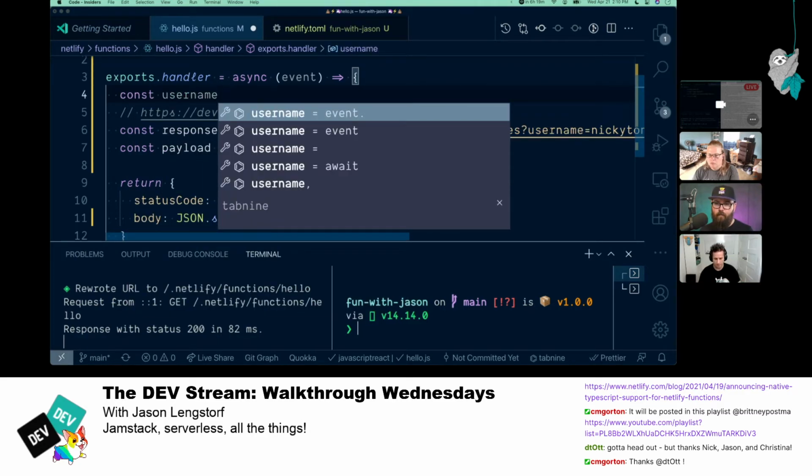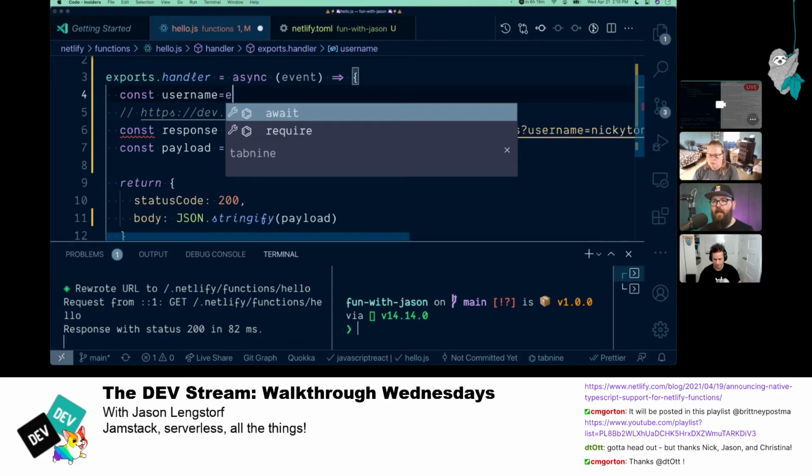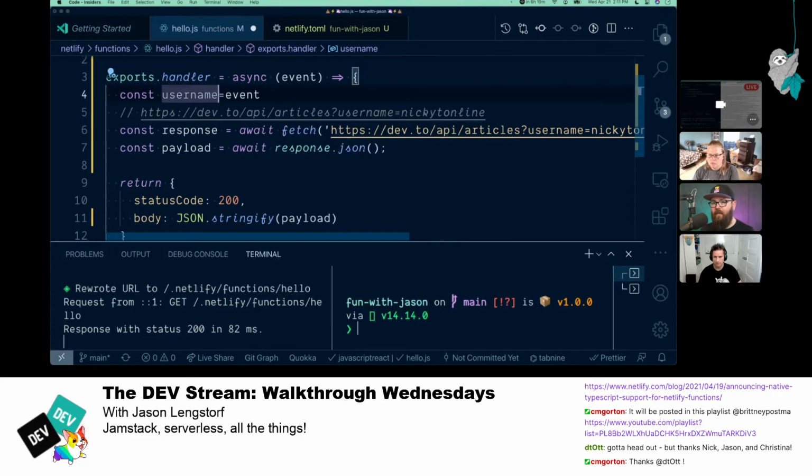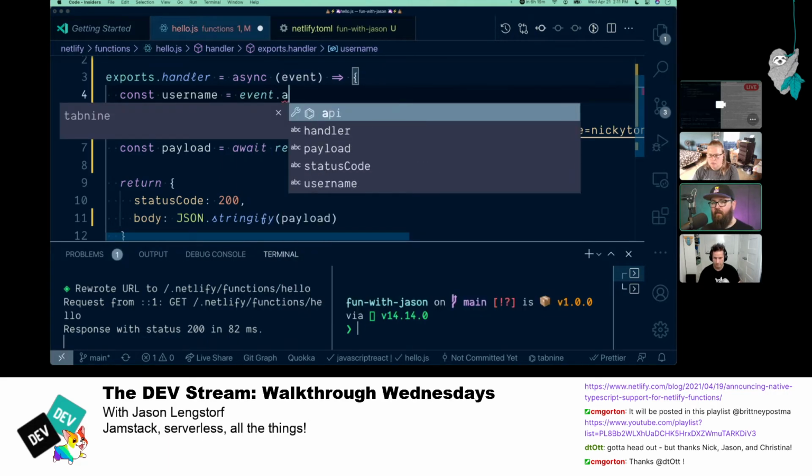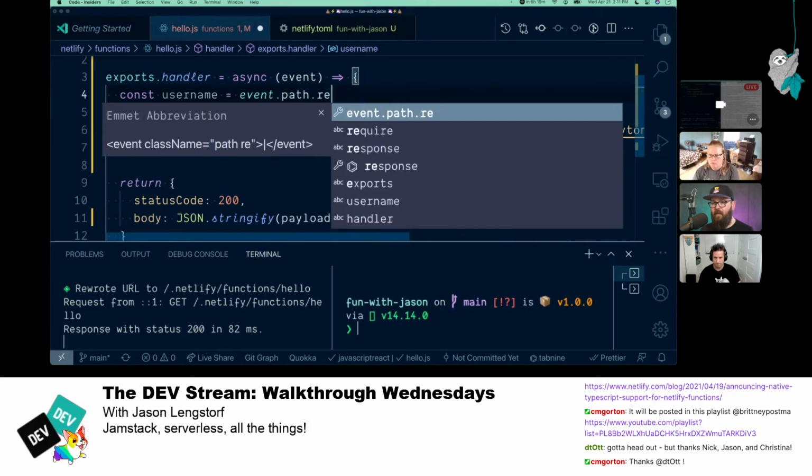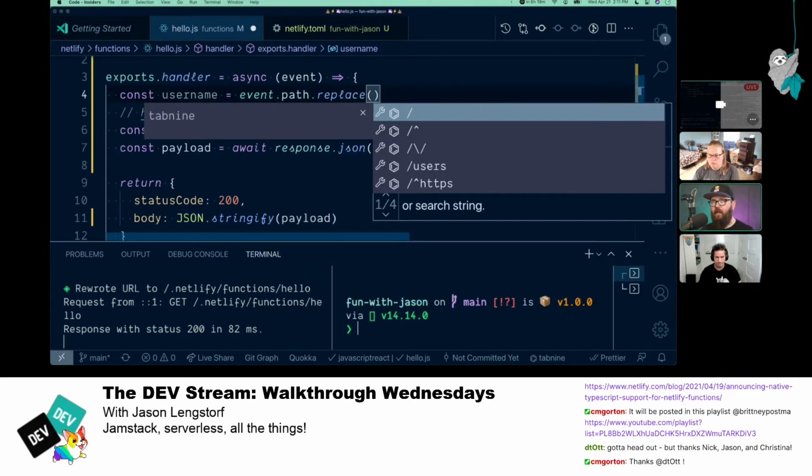And let's make that event.path.replace. I'm now doubting if it's path or pathname. I guess we're gonna find out.